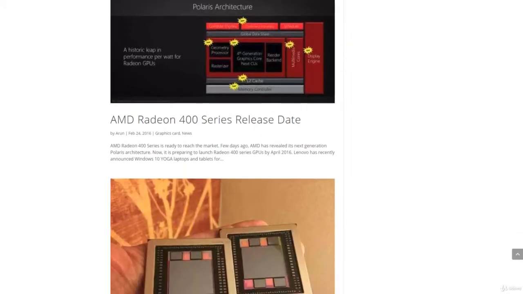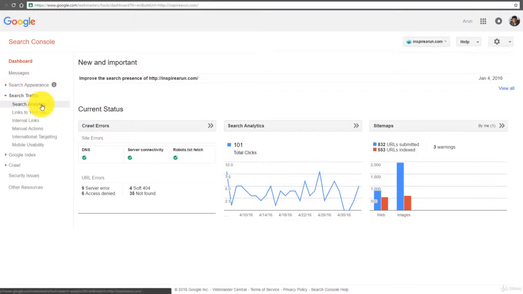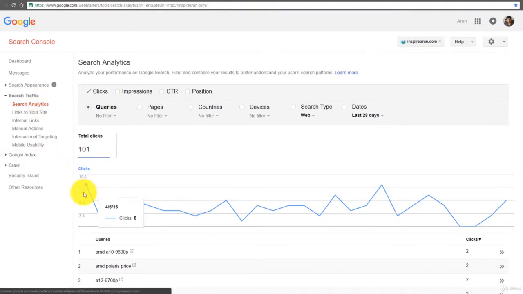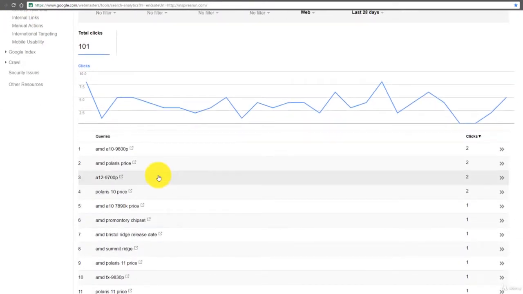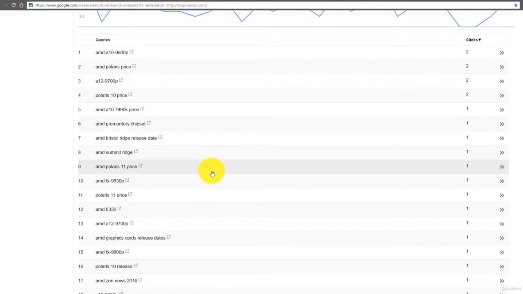Now let's enter into the core part of this lecture, Search Console, which is also called Google Webmaster Tools. You need to enter into Google Webmaster Tools and select your website. Then you will be taken to the dashboard of your website. You need to go to Search Traffic and then Search Analytics. This will take you to a list of keywords or queries